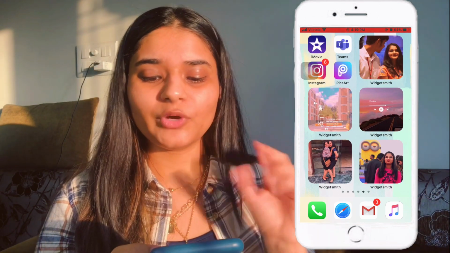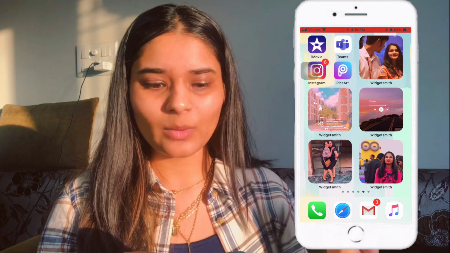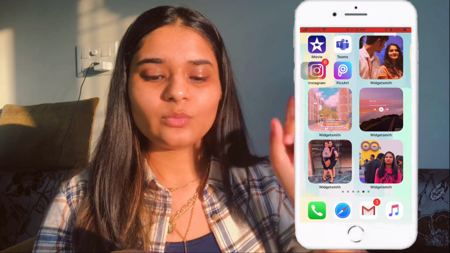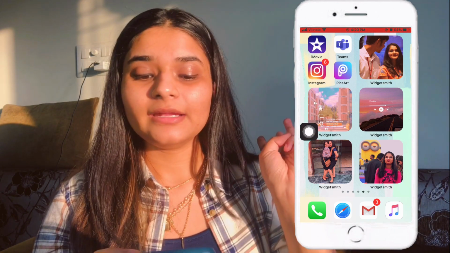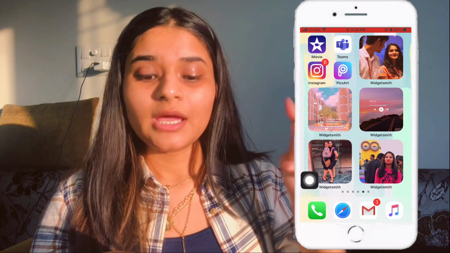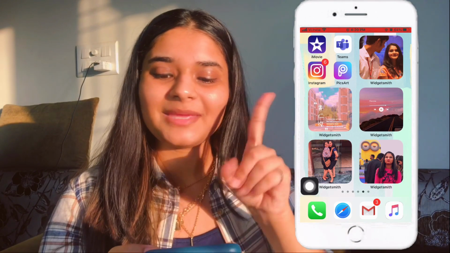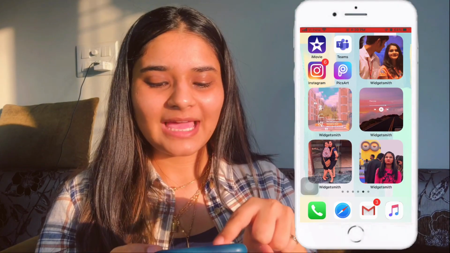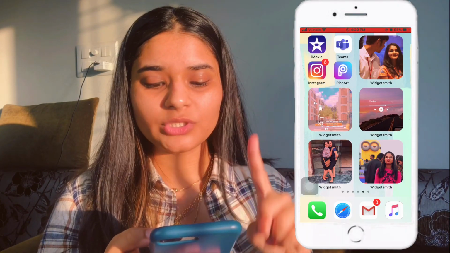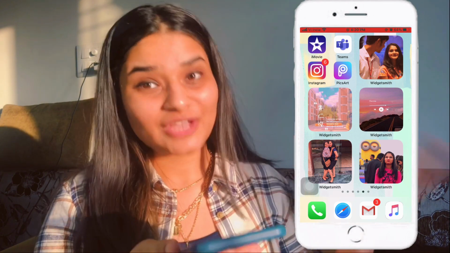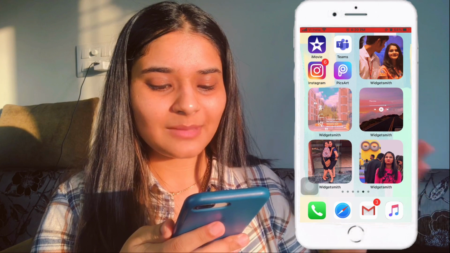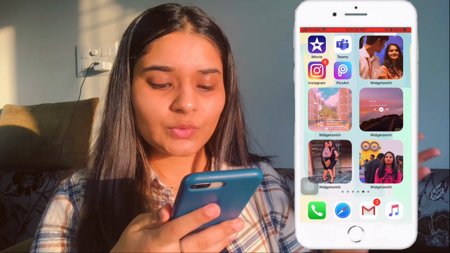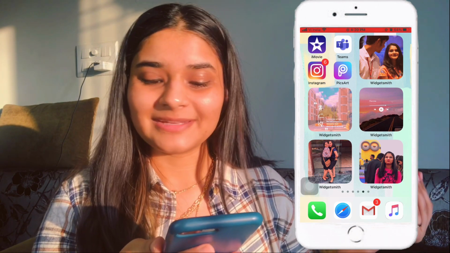Next is a purple orange vibe, a lilac vibe. I have 4 icons on it, which are iMovie, MS Teams for my online classes, Instagram and PixArt. I also have 1, 2, 3, 4, 5 widgets. One of them is a photo with him. We have this beautiful quote in the Korean language, which I'm obviously obsessed with. It says, I would live my own life and make my own choices so that I don't regret anything.